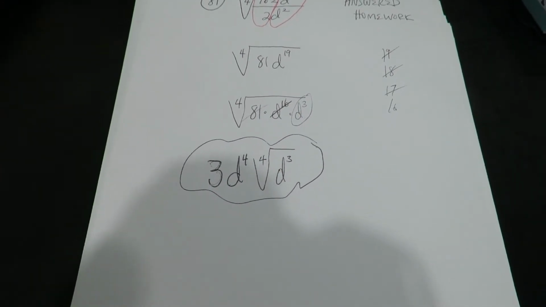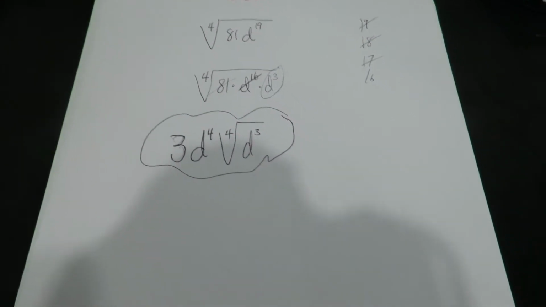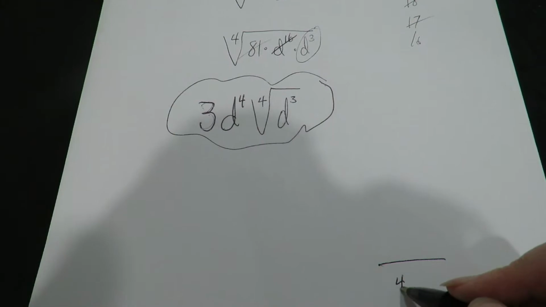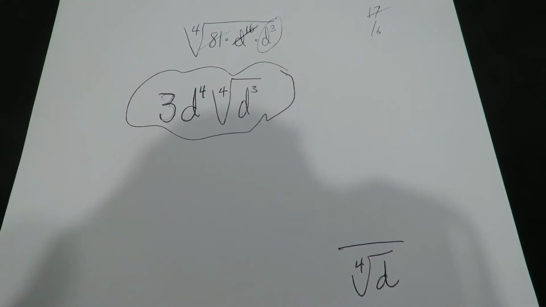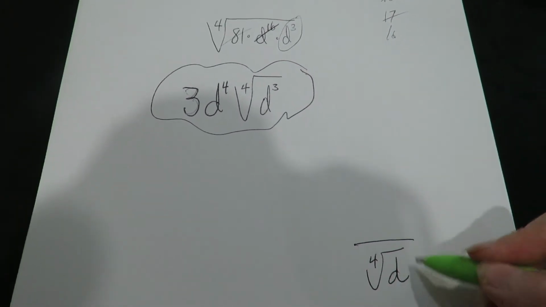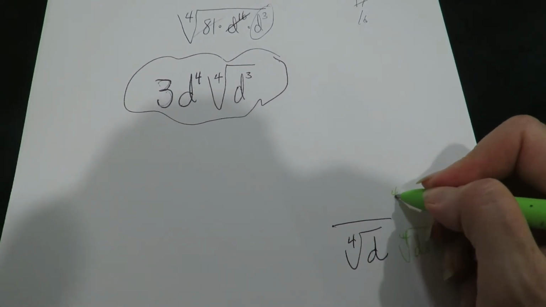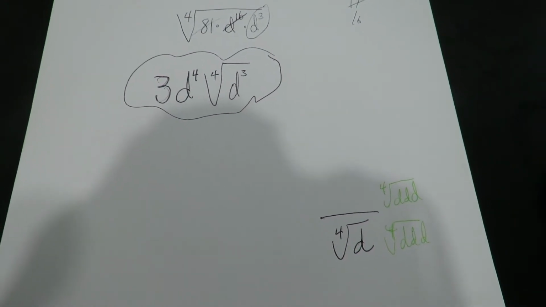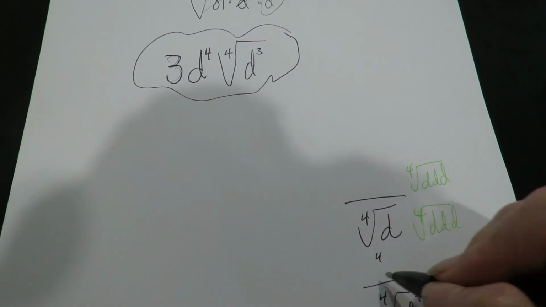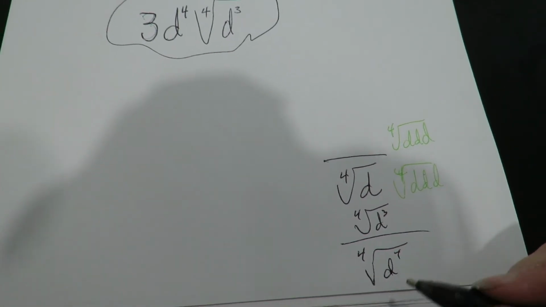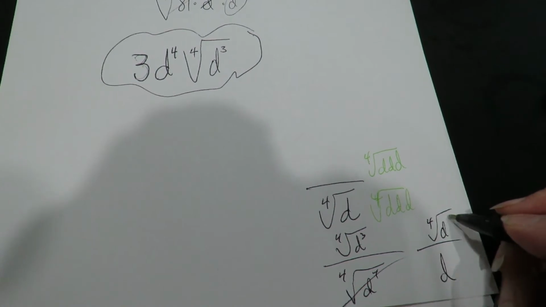Okay, so what happens is, and you'll see this when I get to chapter 9.6, you can't have a variable in the final answer. If that happens, you actually have to make this come out of the denominator, and the only way I can do that is to give it 3 more d's. Because if I give it 3 more d's, then I have d to the 4th in the bottom, and d to the 4th comes out as plain d, and then the radical is left upstairs,